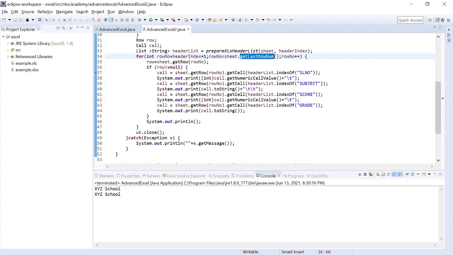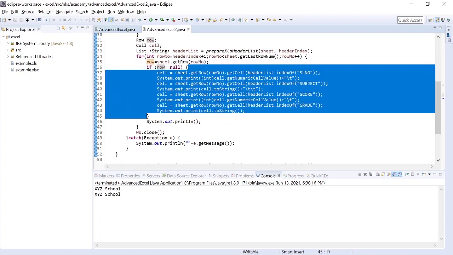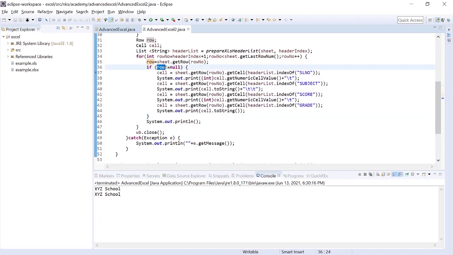For that row number in that sheet, I have got the row and I am checking if the row is blank or not. It might happen that after the header index someone has left one line, or someone has not. So I am just checking whether it is null or not, and if it is not null, I am going to print the values.